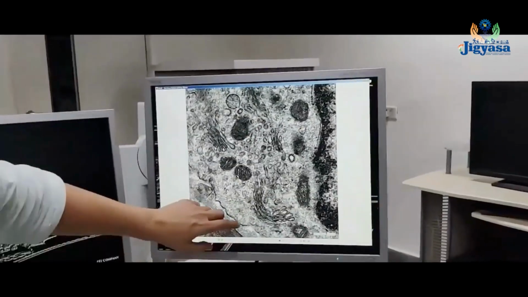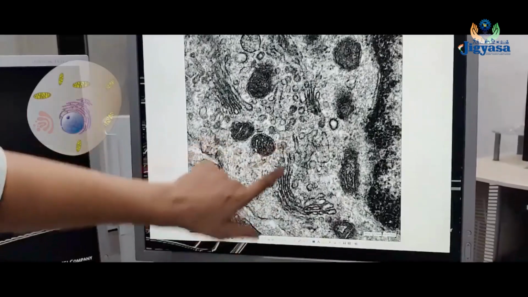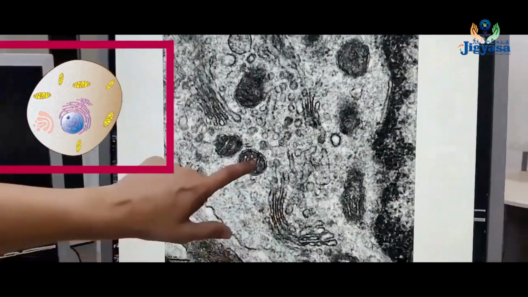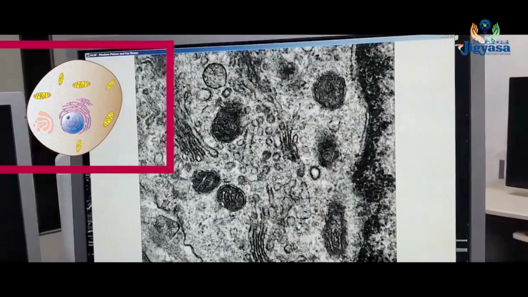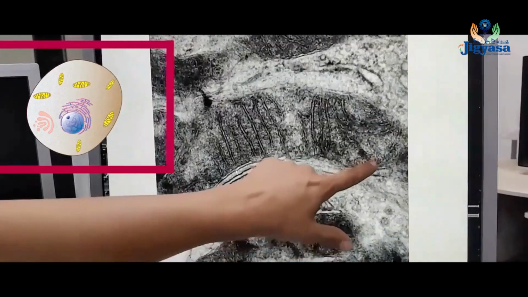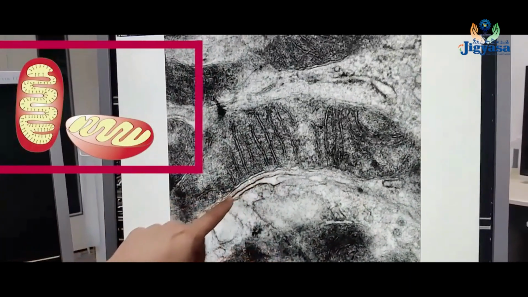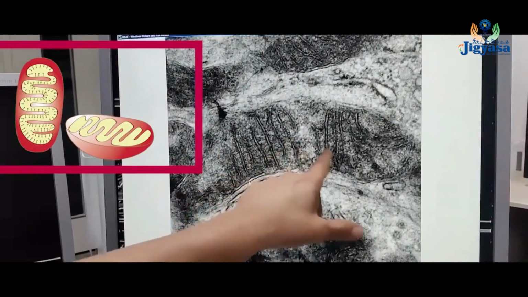You see this image. What you see here is a typical Golgi apparatus. You can see the cisternae stacked, and these small things are the mitochondria. Let me just show you some more pictures. This one. So this is a typical mitochondria that you can see. You have the outer membrane, you have the inner membrane, and now these are the cristae of the mitochondria.